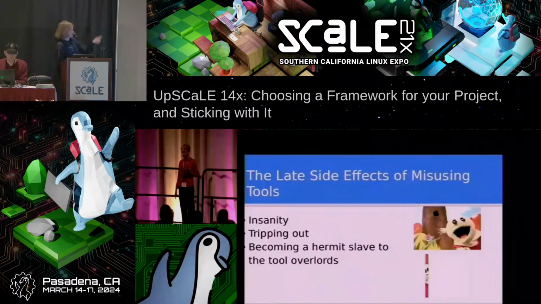So for SCaLE 14x, this was a lightning talk. So it was at SCaLE, which was on Saturday this year, I think. Right? Or Saturday or Friday? It was Friday, yeah. Basically the idea is, if you weren't there, you get 5 minutes for all of your slides. You have, I think, 20 slides, 5 minutes, so you get like 5 seconds a slide, and you just have to go. It automatically jumps.